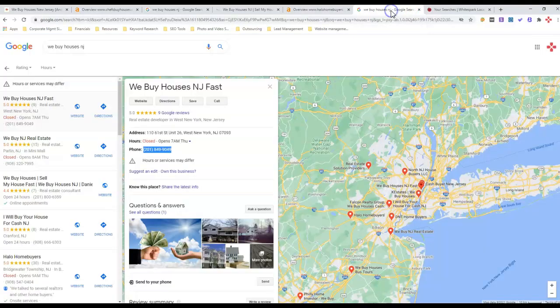So next thing we're going to do is we're going to talk about citations. Now, this is actually a quicker and easier way, probably, especially for you, to get you on the front page of Google fast while we're waiting on your site to rank, while we're getting the backlinks together. Okay. So the Google Map listing usually shows up before the organic listings. Every once in a while they don't, but if that's the case, it's usually because there's nobody in the map pack that's got enough trustworthy to show up.